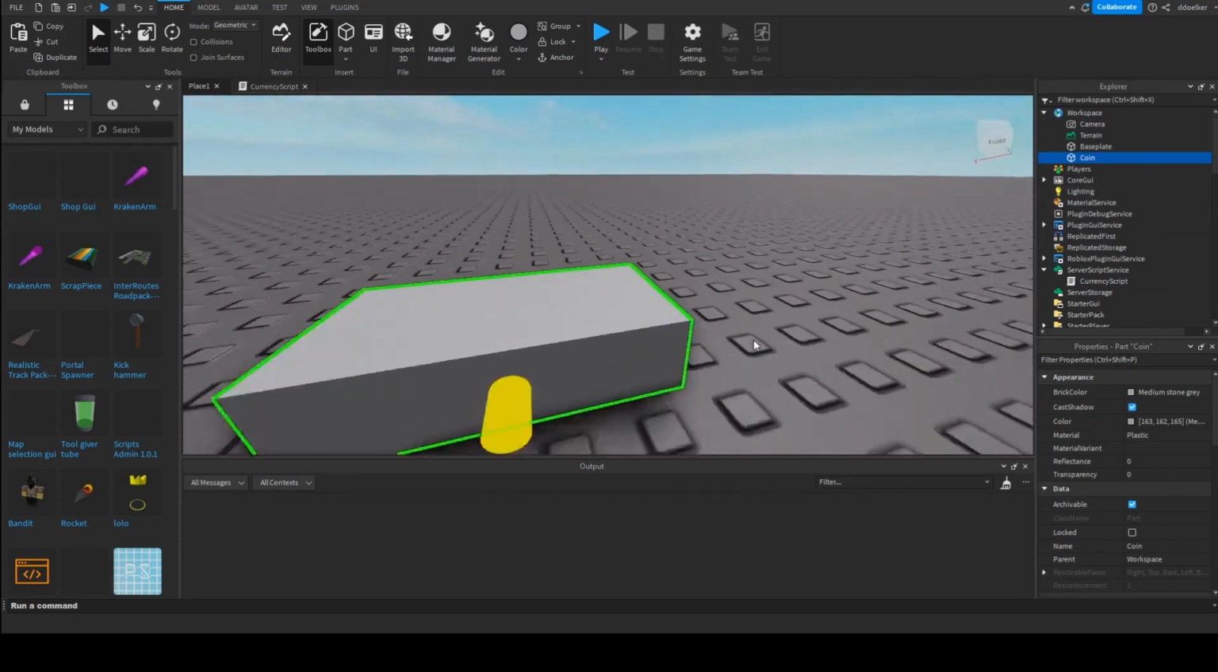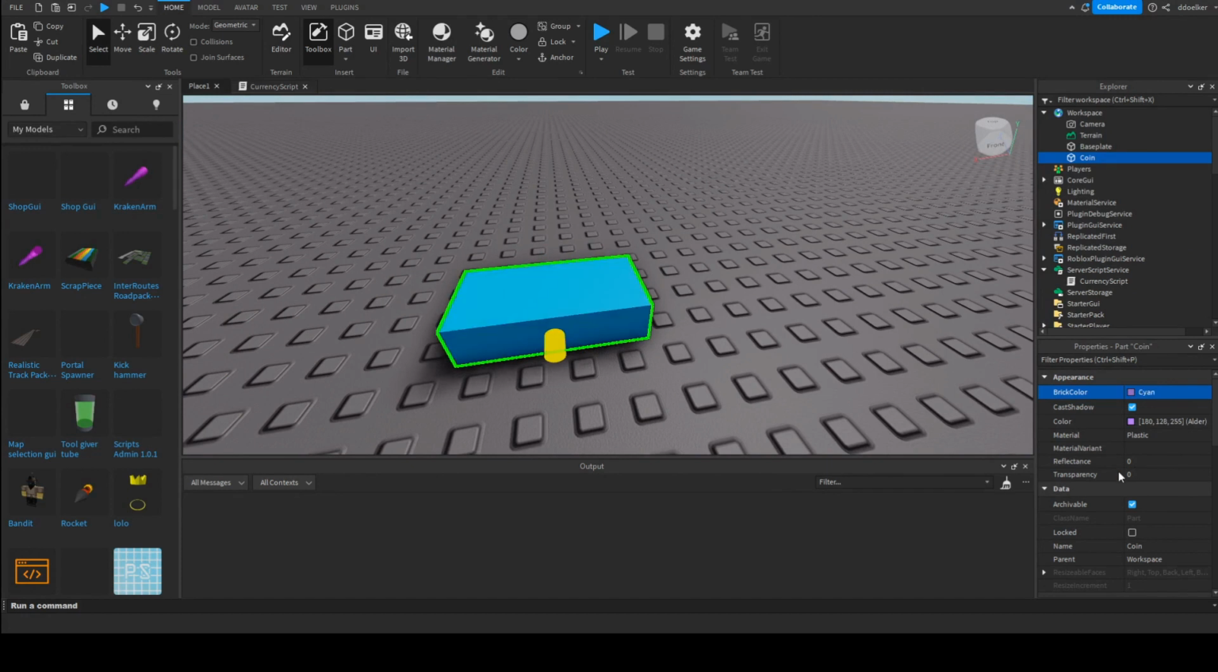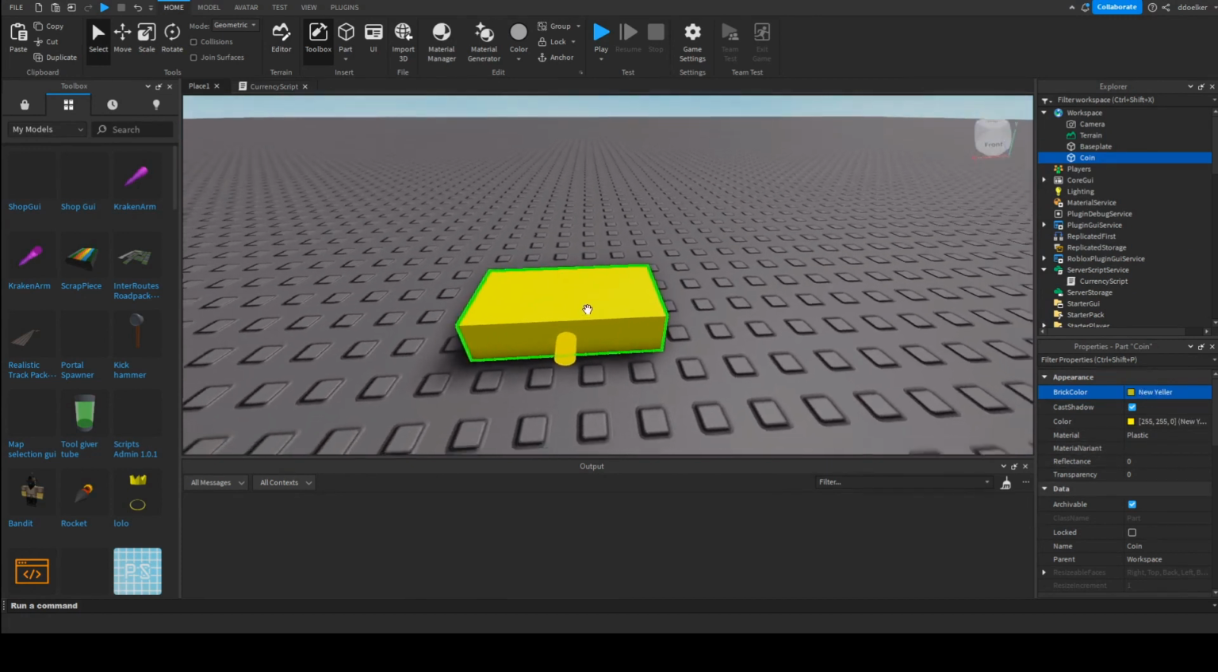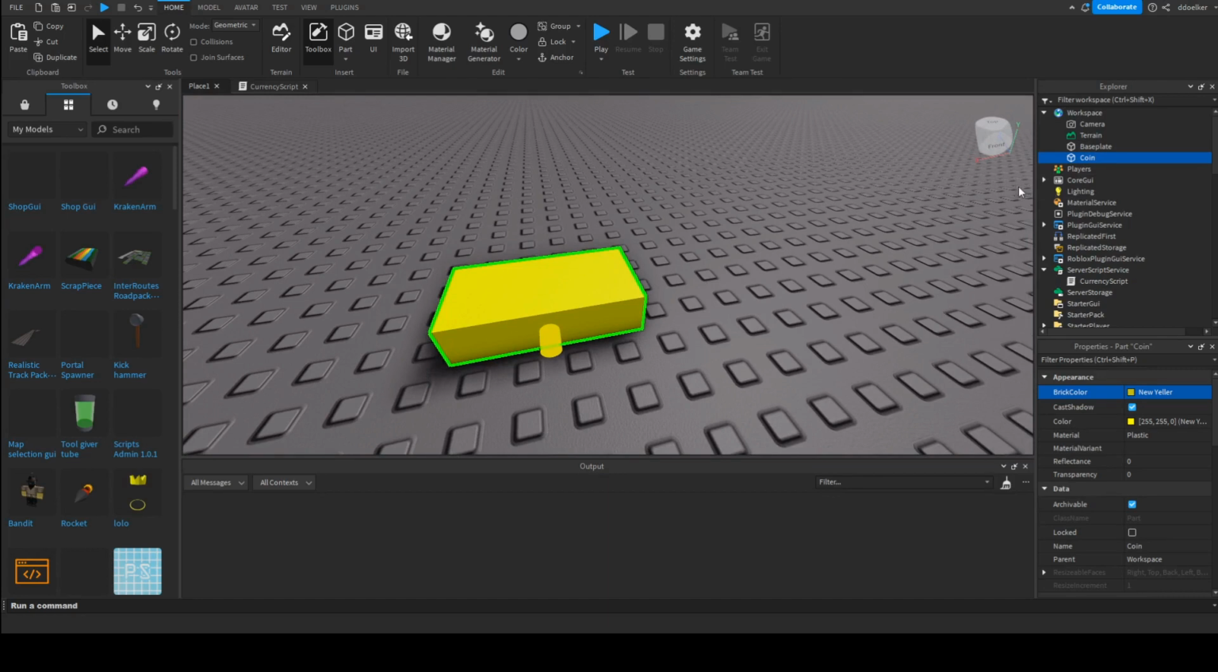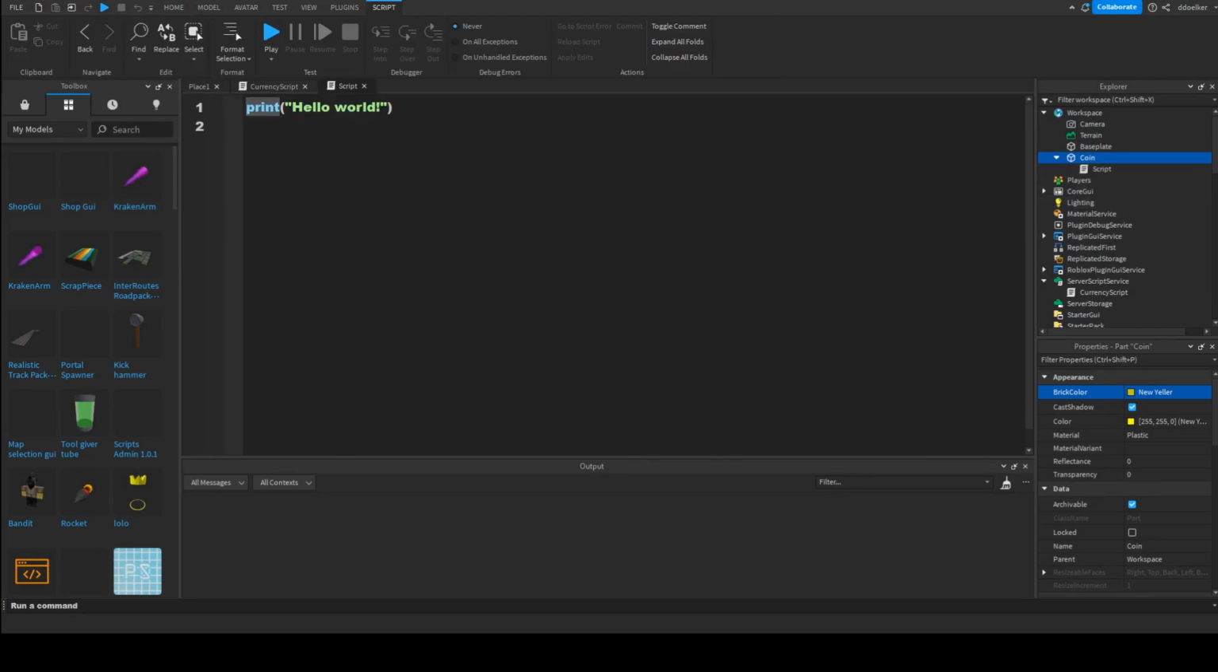Then we can customize this if we want, but it's not very important. We shall add a script to this, and in the script we shall write script.parent.touched:connect(function(hit). Then if game.Players:GetPlayerFromCharacter(hit.Parent), then local plr equals to, and we can just copy over